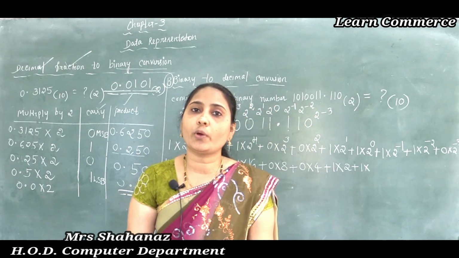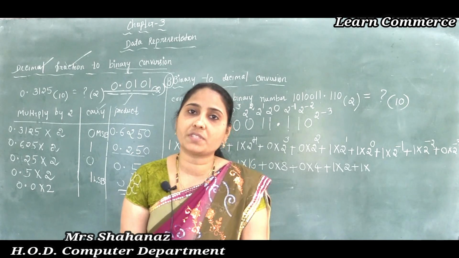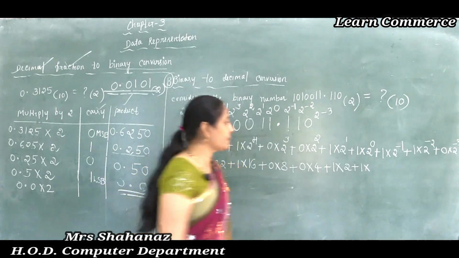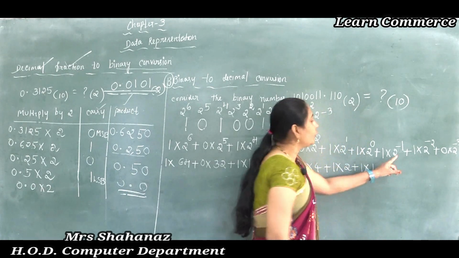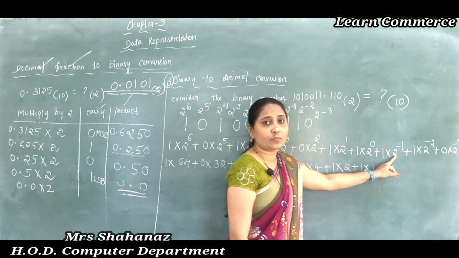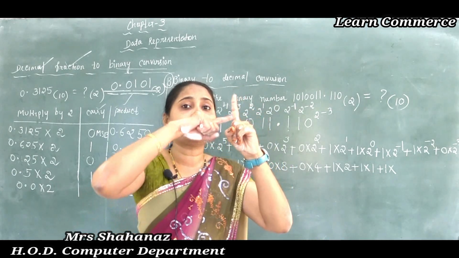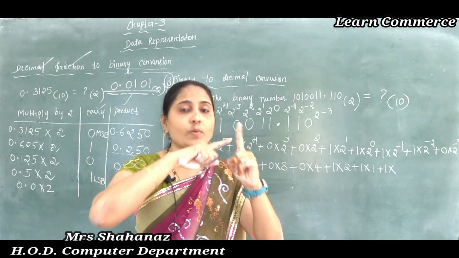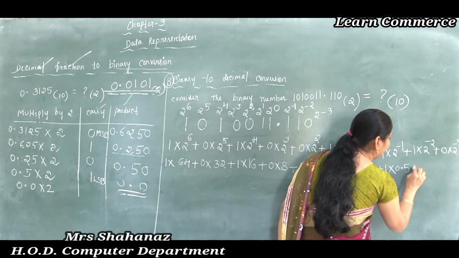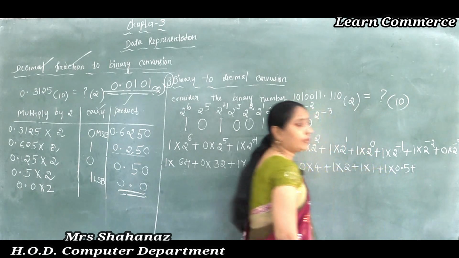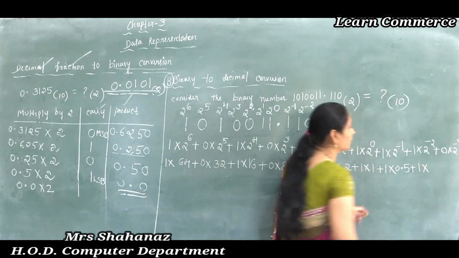note, 2 to the power of 0, 8 to the power of 0, 16 to the power of 0, 10 to the power of 0, always the value is 1 only, the 1 plus, okay here, and later next one 1 into 2 to the power of minus 1. So what did I say, 2 to the power of minus 1, maybe 1 rupee is there, that means half, correct no? 2 to the power of minus 1, half means that here we can say 0.5, correct no? So 0.5, that means 50 paise in this case here, 0.5 here,